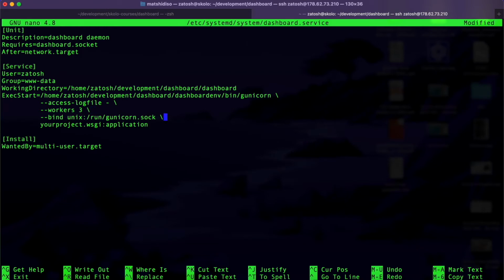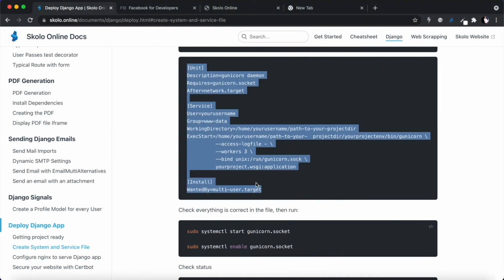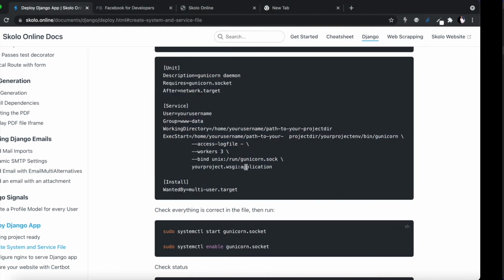You can have as many as you like over there, and then the socket that it needs to talk to here is the dashboard socket, and then the WSGI location inside of the application. Remember, our application is also called, our project is also called dashboard, so you need to change that as well. All right, and over here I don't think I highlight the things that you need to change,